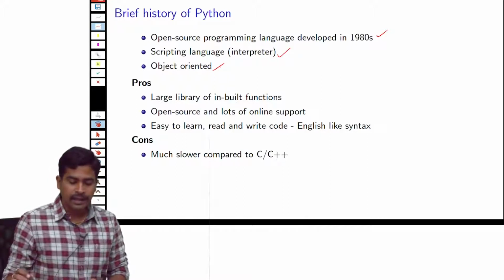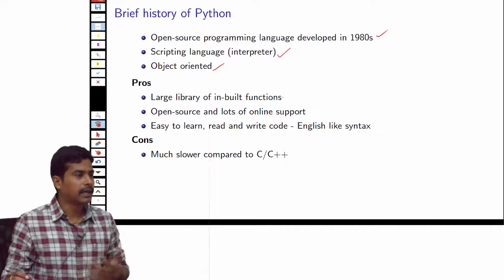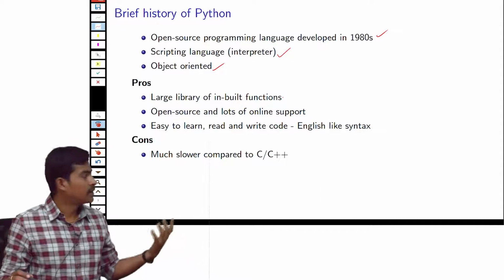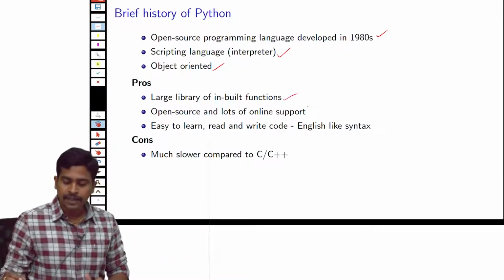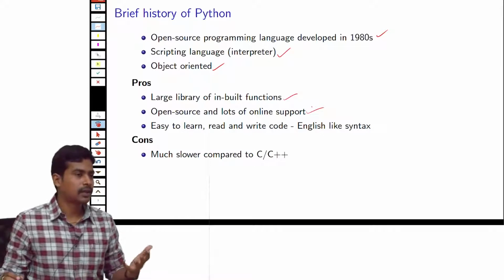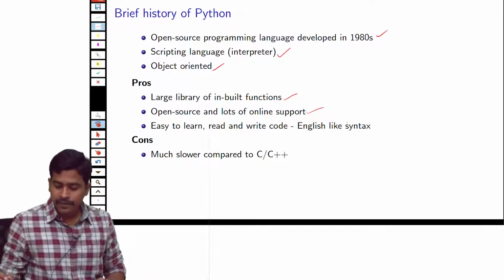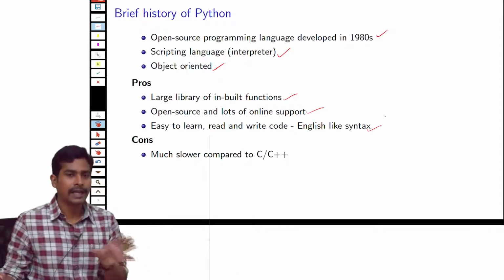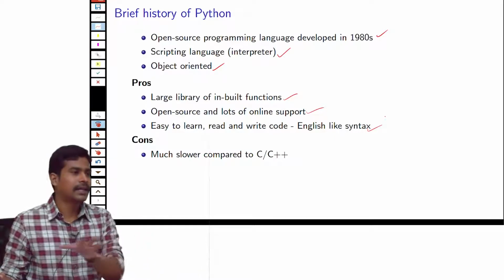These are the advantages of Python. It has a very big open source library. Most of the functions are already written by other people, and you can just directly import those libraries here. If you have some doubt, you can post your question on Stack Overflow or some other website, and you can get a solution within a few minutes. The syntax of Python is very similar to the English language. When you write a program, you actually feel like you are typing English sentences.